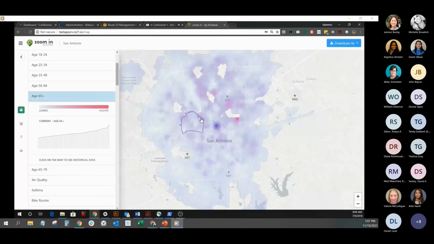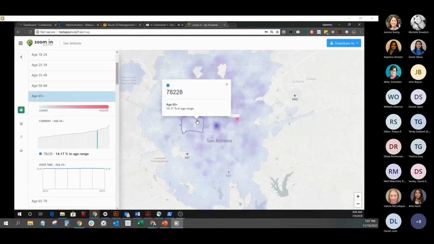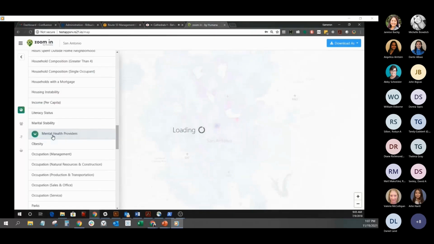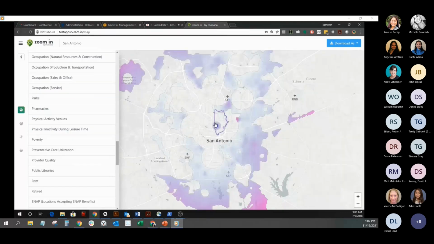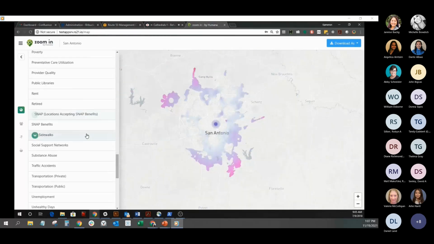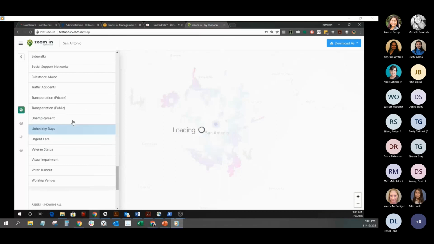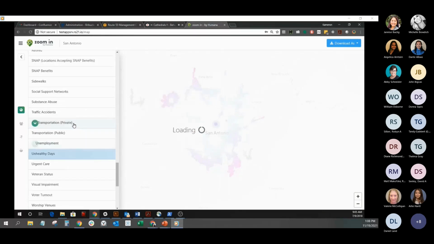Moving to the map view, we can start to explore and overlay different types of data in the fashion I mentioned. So now I'm going to show all the areas that have high prevalence of people who are over age 65. And the hot pink shows me the areas that have a higher rate of people over 65. And then if I layer in some of these other social determinant of health factors, and they're just scrolling through the list there,